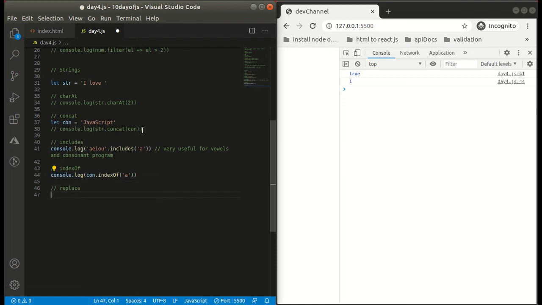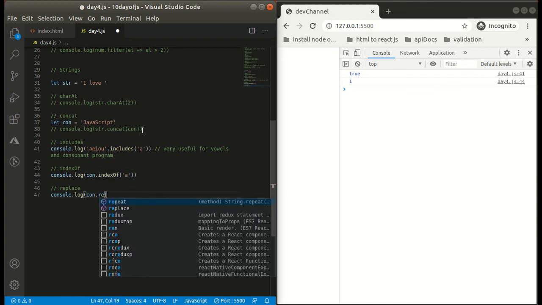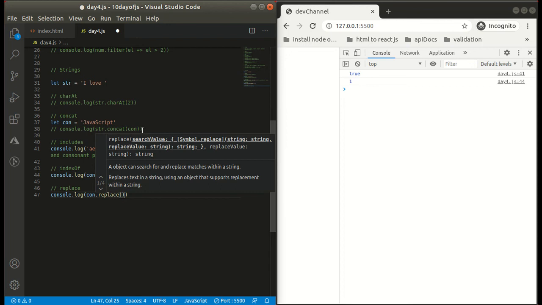Another handy method that we can use is replace. It can simply replace the search value with the replace value. You can basically replace a string with another string.